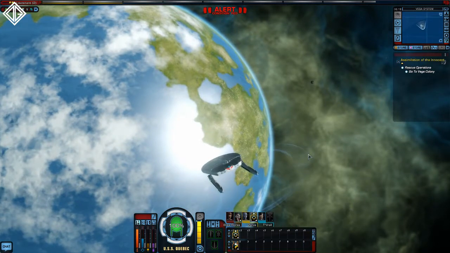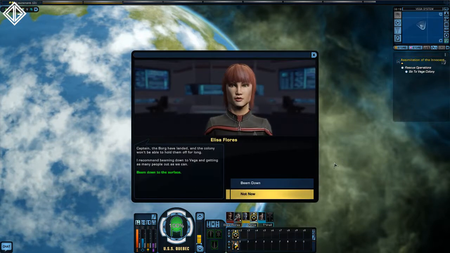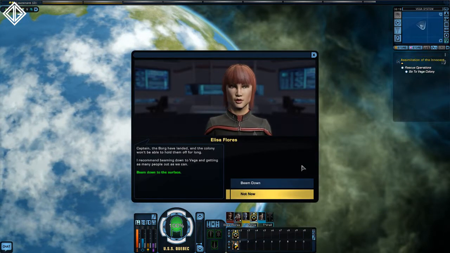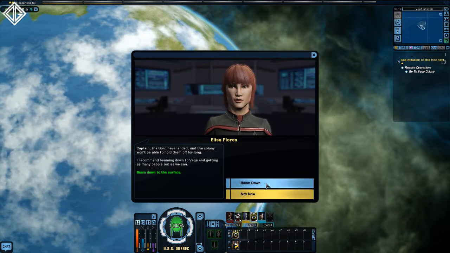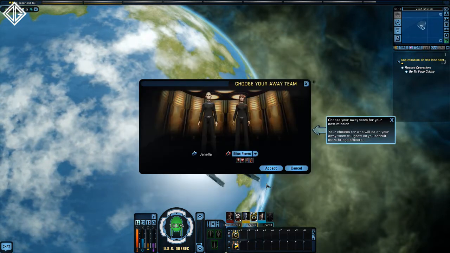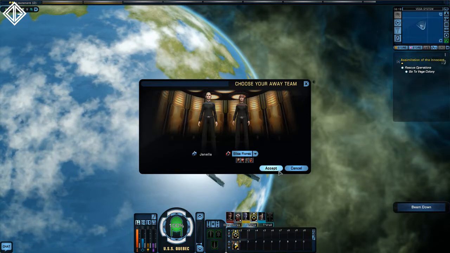Captain, the Borg have landed, and the colony won't be able to hold them off for long. I recommend beaming down to Vega and getting as many people out as we can. Choose your away team for your next mission. Okay, well, I'll go for the bigger rifle, so...